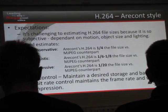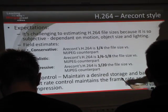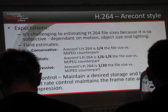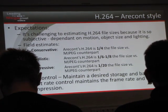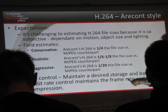Don't use USB attached storage. I'm not saying to do that. Get quality, security grade. Realistically, out of the box, you don't change any adjustments, you're looking at 1/6 to 1/8 of the bandwidth and storage. So now, instead of 20 terabytes, you're now looking at basically 2 or 4 terabytes. Shoot, there's individual drives that are almost that big. Aggressively, and we'll show you